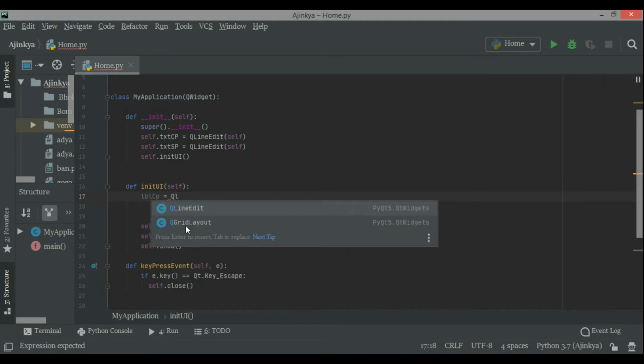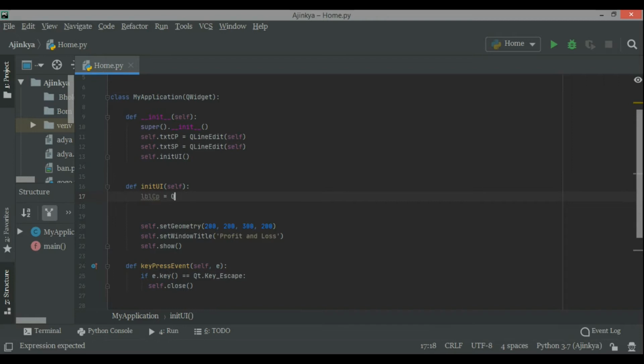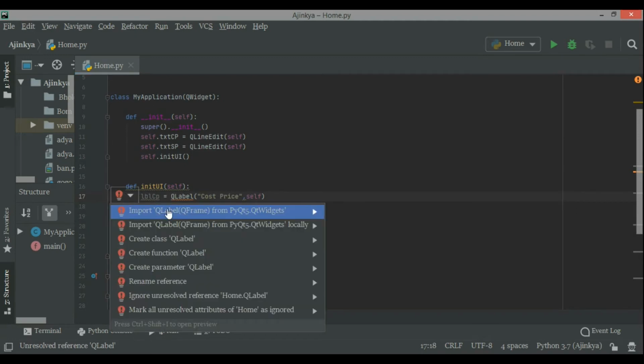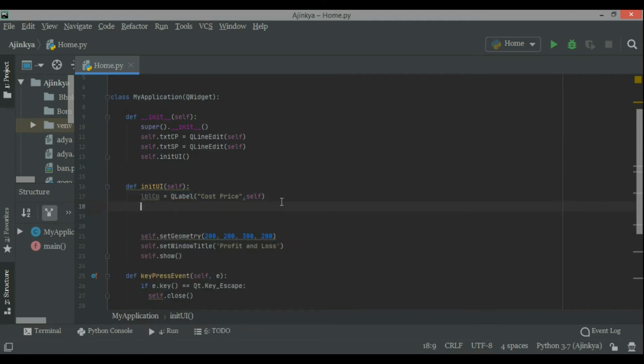So I have created, look at the first structure, self.txtcp and self.txtsp. These are the QLineEdits, and they have been declared inside the class which is my application, and this is taking the argument QWidget. The import lines are there on the top, which you have seen in my previous videos. Now in this section I'm just creating labels. First is self.lblcp equal to QLabel, and then it says enter cost price, and then lblsp equal to QLabel,